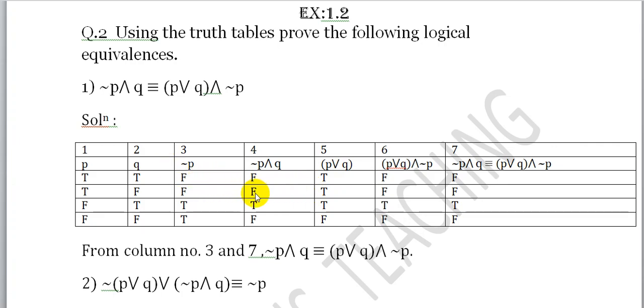Now P or Q and negation P from column number 3 and column number 5 using AND. So it is F and T becomes F, means if both are true then it is true, otherwise false. So see both are true, only this row, here it is T, otherwise it is FF and F. And in column number 7, now whole statement,